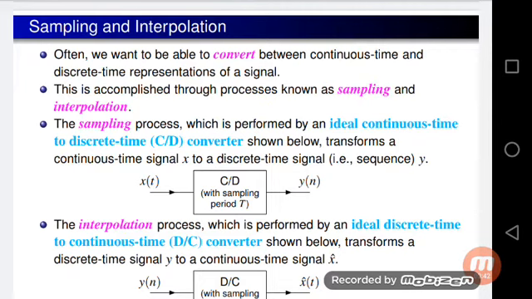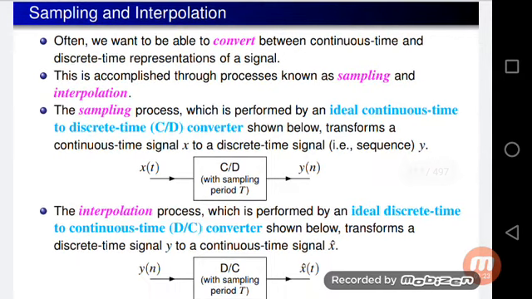What is sampling? Sampling is one type of conversion technique which converts information from one form to another form. For example, when human beings produce sinusoidal signals, that is called a voice signal. So by using sampling,